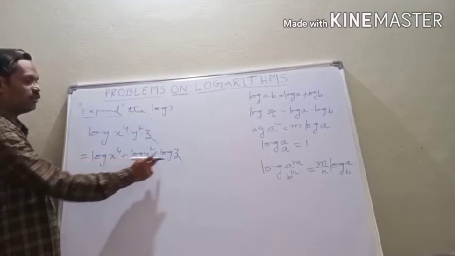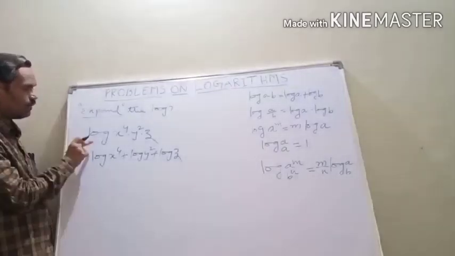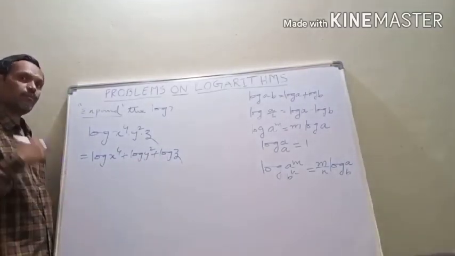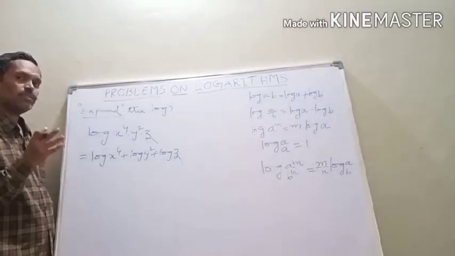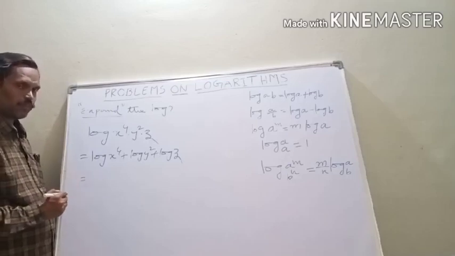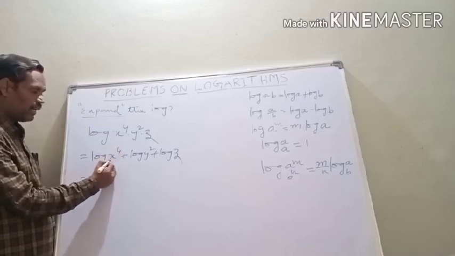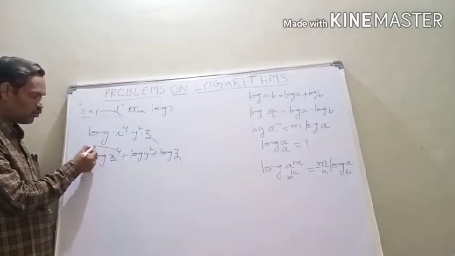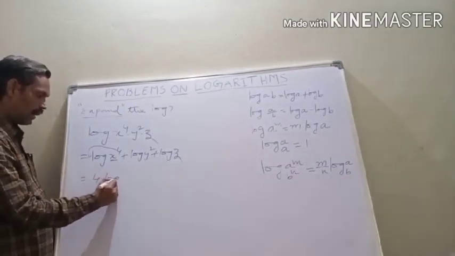Now, one log has been split into 3 logs. In the previous problem, one log was split into 2 logs only. Here, the log can be split into 3 logs. If you take another problem, the log can be split into maybe 4 logs or 5 logs, 6 logs, according to the problem. Now, you have to simplify some more. How? If you find log x to the power of 4, it is an exponent form. So, when log is applied to exponent form, the exponent becomes the coefficient. So, it is nothing but 4 log x.